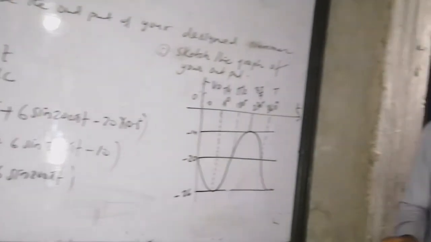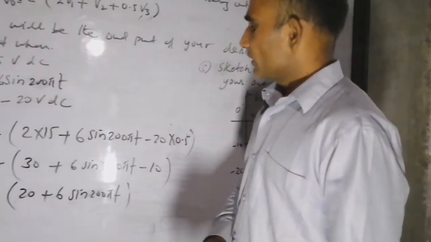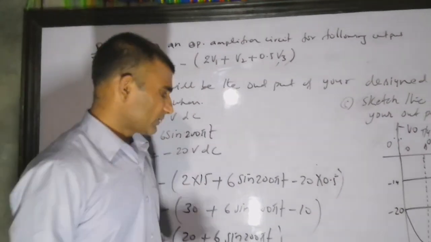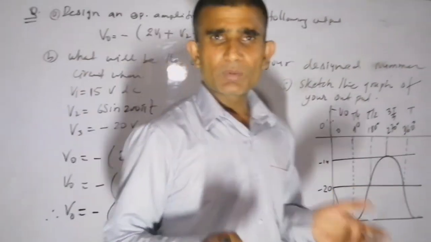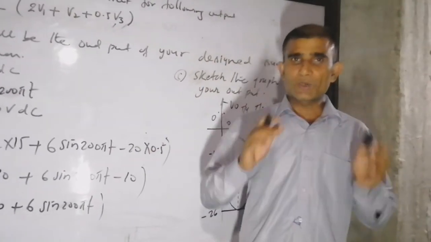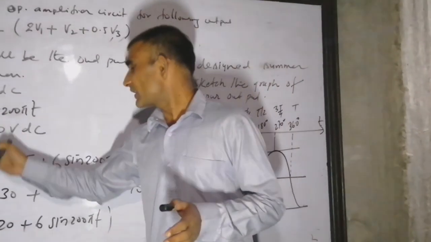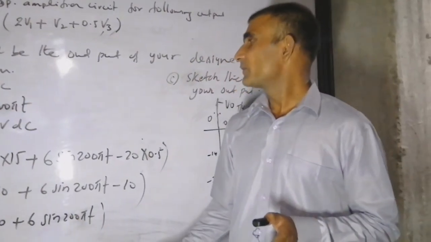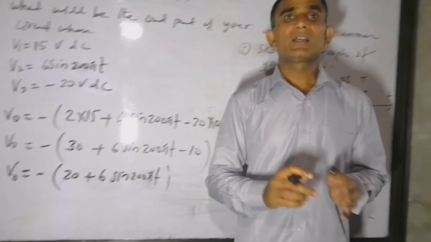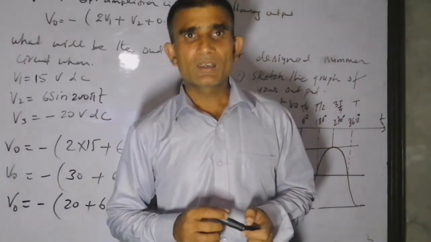So if your question is to sketch the graph also, then you must have some concept related to AC and DC and maximum and minimum values, and this is very simple actually. You have to just think while doing it. The question will not be exactly the same twice. Suppose there may be different voltages, and you should have the idea how to sketch the graph of the function.